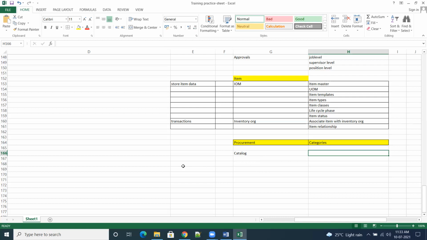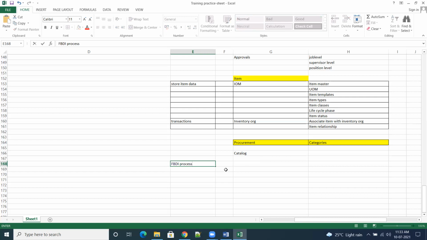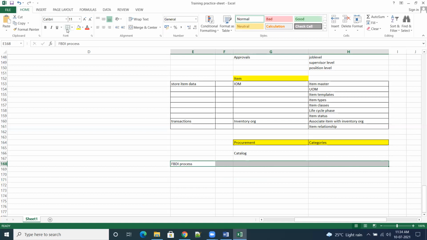And also we'll see the FBDI process. Maybe today we won't do it, but one day, like Monday, we'll try to do importing of items through the FBDI process. FBDI is file based data integration. We are going to create the data in Excel as per the templates given by Oracle, then load the data to interface tables and base tables in the cloud. That particular assignment we'll also see, POC. Okay.